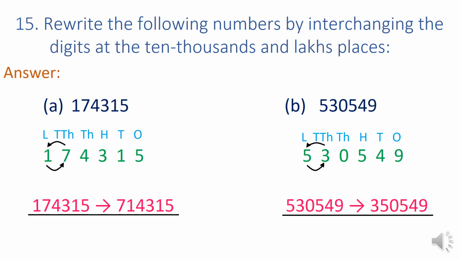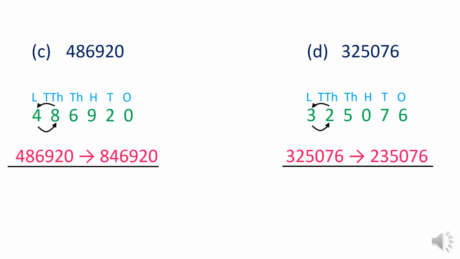So the number 5,30,549 becomes 3,50,549. So our answer is 3,50,549. Our next number is